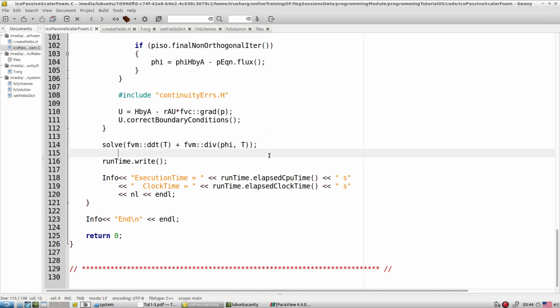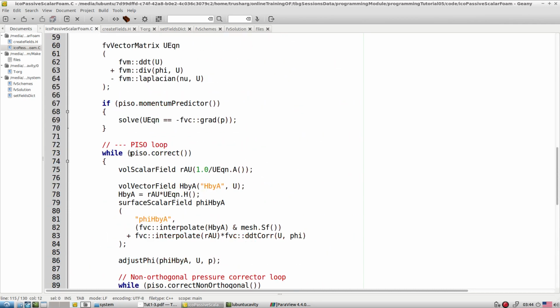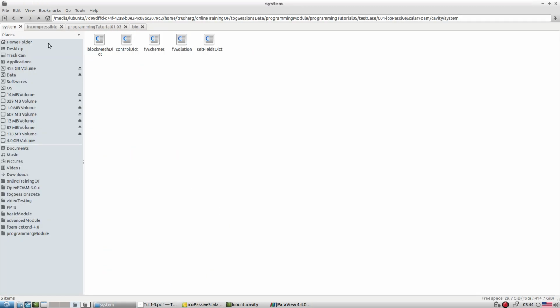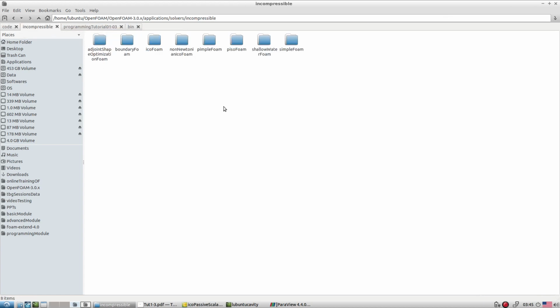Now let's try to modify this solver a little bit further. We try to add some clean programming style. What do I mean by clean programming? That means if you look at so many lines here, in this case we can modify these solvers in a better way. When we want to modify the solver and clean that solver, what is meant by cleaning the solver?